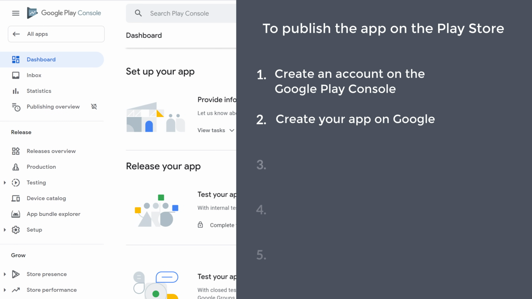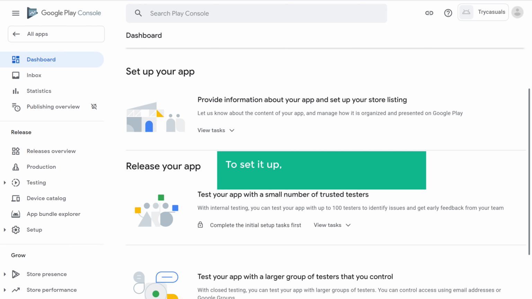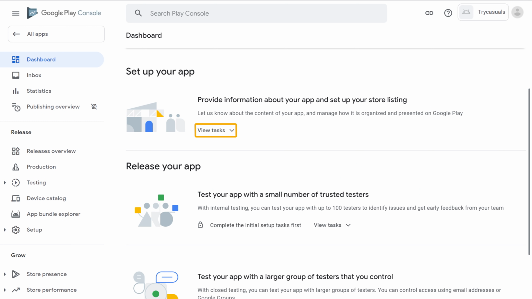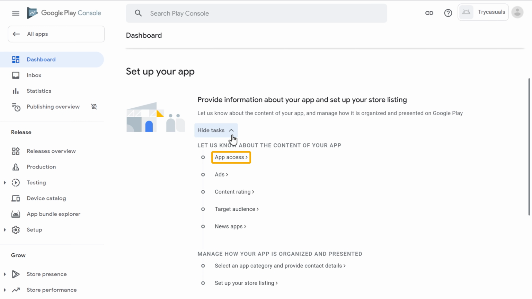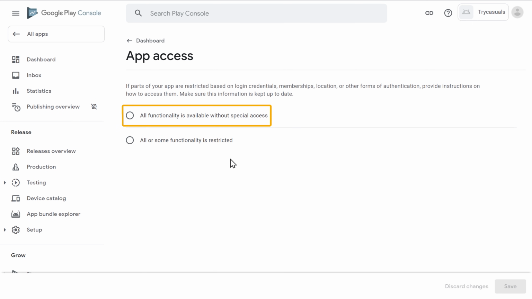Now we can go to step 3, which is to set up your app. So to set it up, you need to provide details about your app. So let's click View Tasks and go to App Access. I'm going to select this one and click Save.